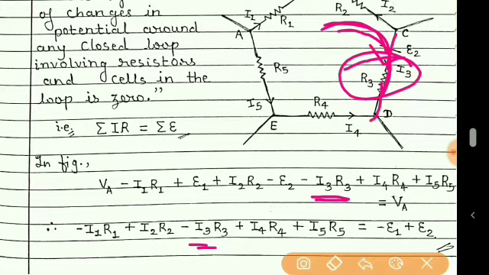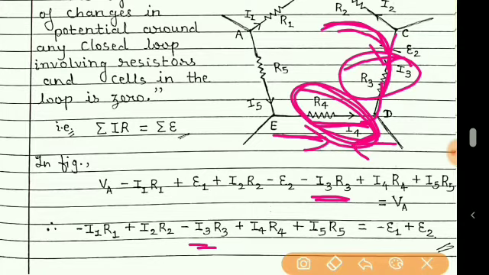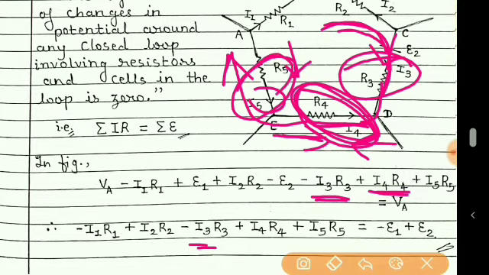Again moving further. Now in this path you can see once again current is moving towards us. We are moving in this direction. Current is moving opposite to us. So once again I4 R4, this much potential will be positive because opposite to the current. Again moving further in this path, we are moving in this direction, but you can see the current is opposite. So once again I5 R5 is positive.